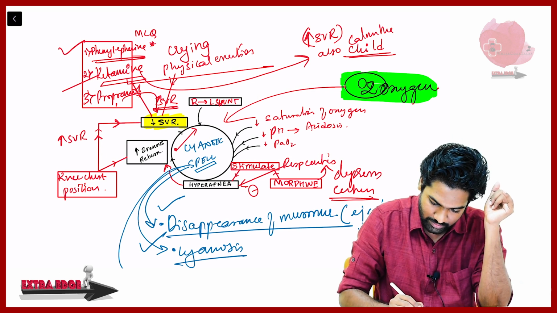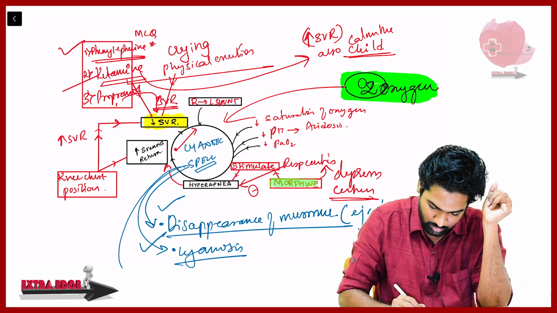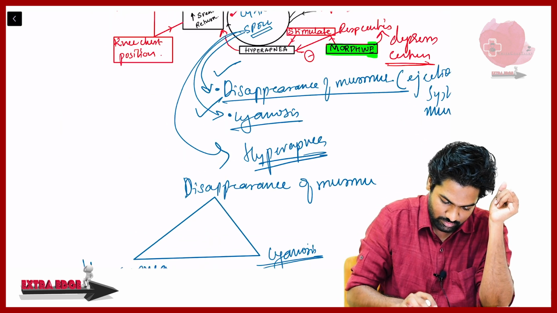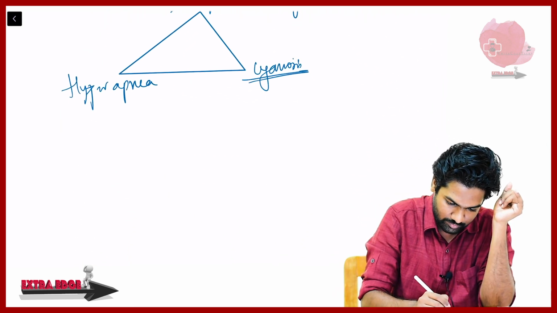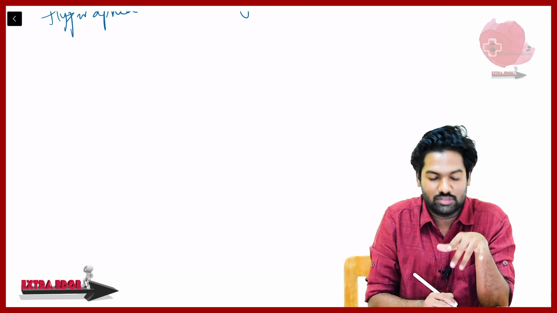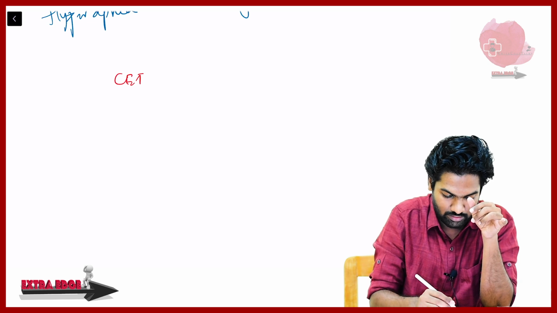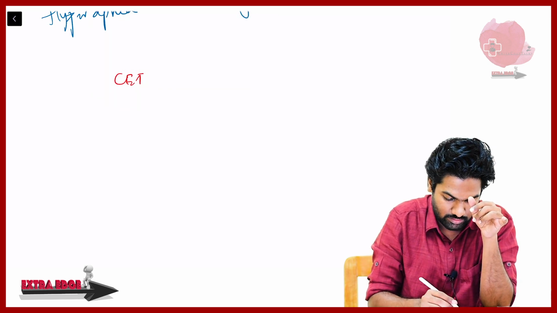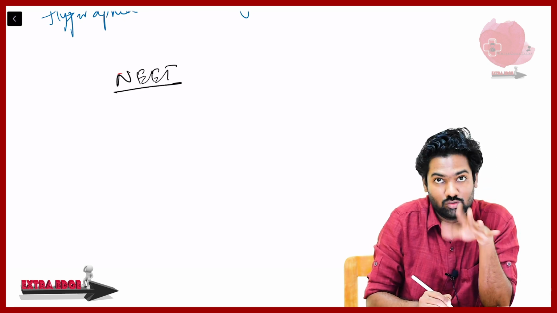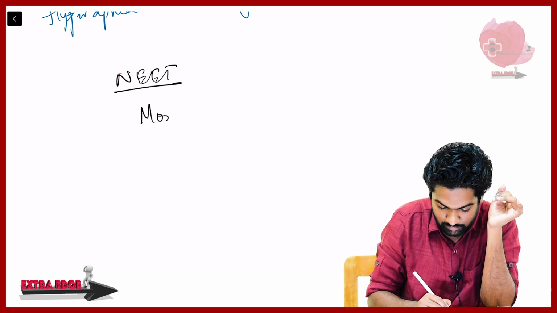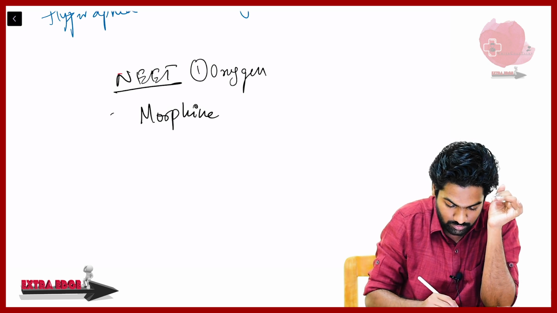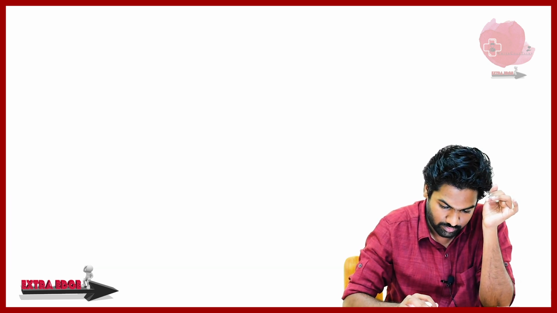The next important thing here as treatment, which I am highlighting here, is morphine. This morphine is being given to depress the respiratory center. Now what we'll do is we shall write this again and again. Many CET questions, or NEET questions, have been asked on this area, even regarding the doses. So what we'll write here first, you give oxygen. Okay, next morphine.